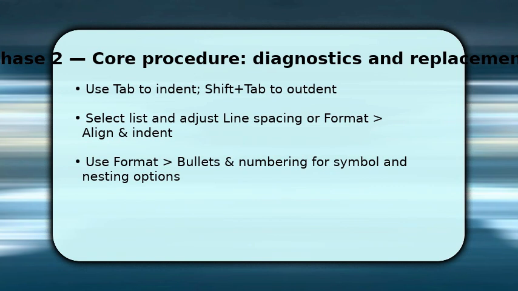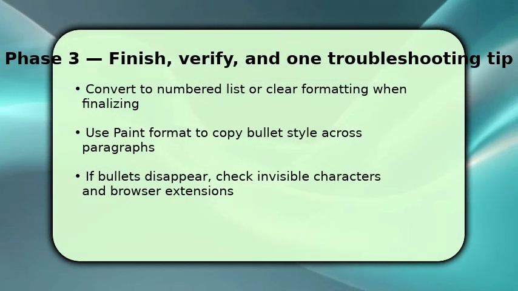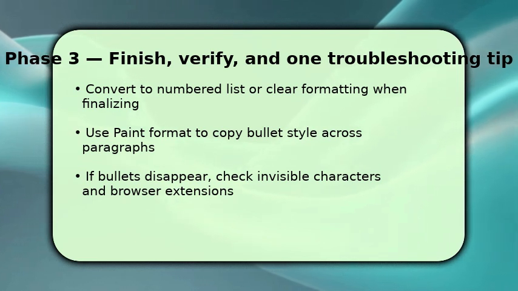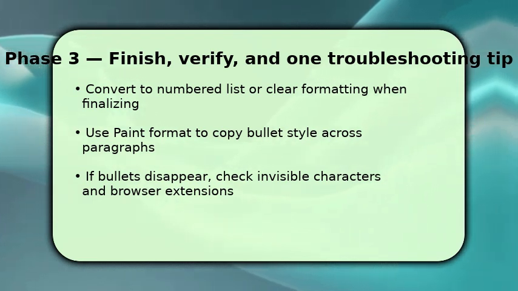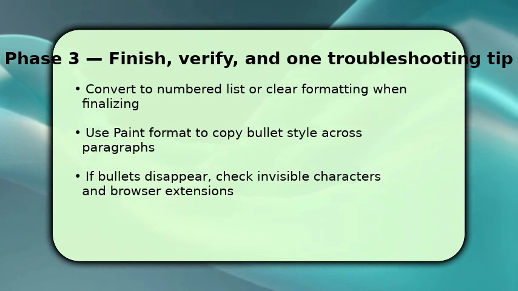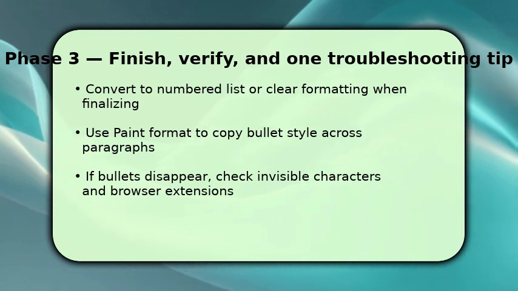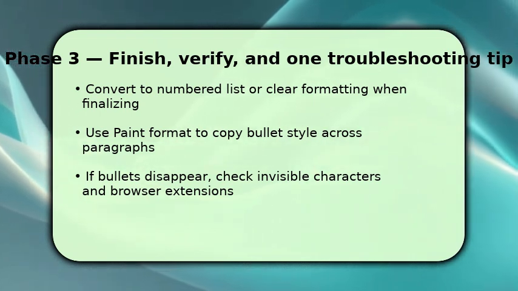Finish by converting to numbered lists or clearing formatting when the draft is stable, because that locks in presentation. Use the Paint Format tool to copy bullet styling across multiple paragraphs quickly. It saves manual tweaking. If bullets disappear unexpectedly, first check for stray tabs or invisible characters, then disable browser extensions